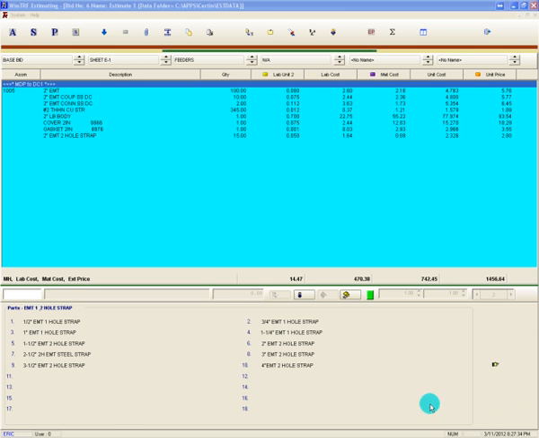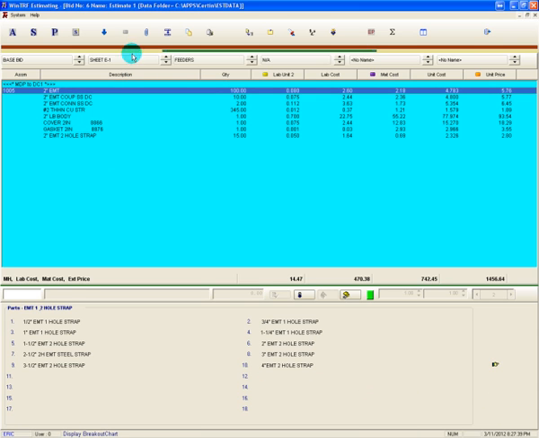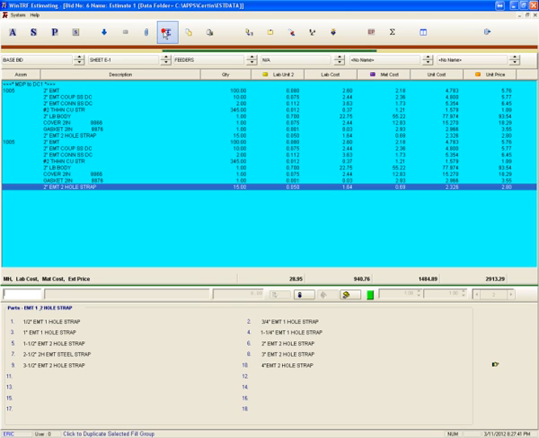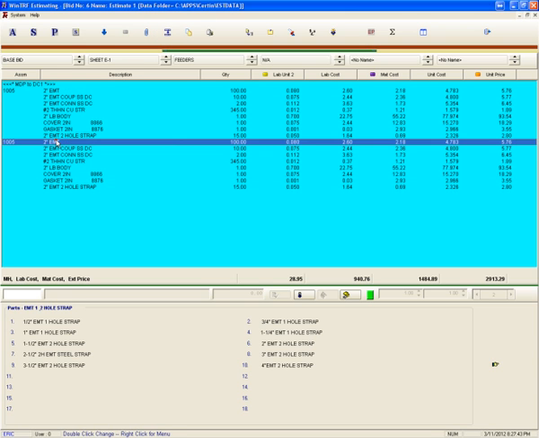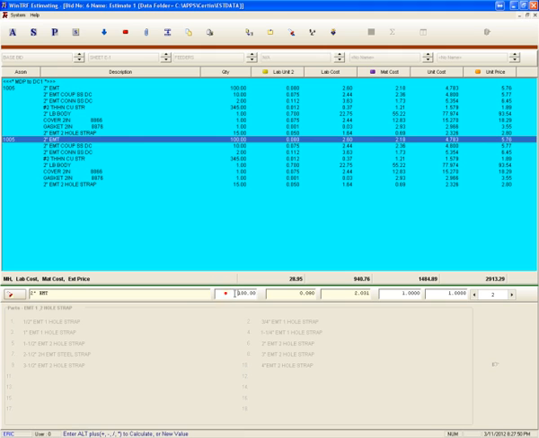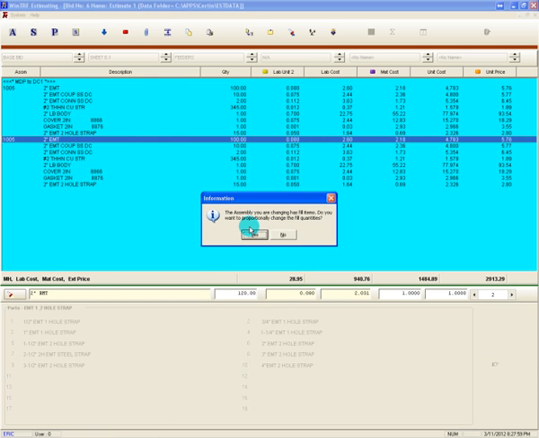Using the example on the screen, if I select the 2-inch EMT and click the duplicate button, it's instantaneously duplicated. I can just come back here and change the quantity on it, on the parent assembly. Say it's 120 foot long, hit the enter key, right click, save, and it asks me if I want to proportionally change the quantities. When it proportionally changes the quantities, it's going to change the quantities for those items where the